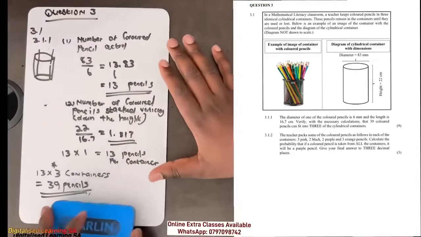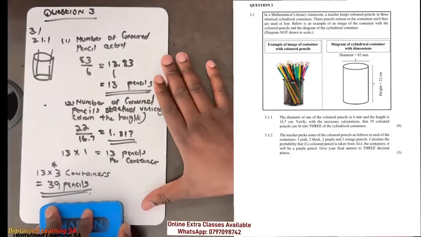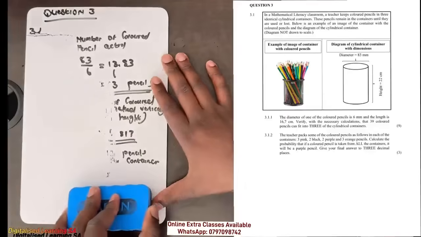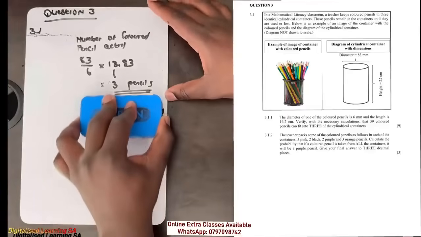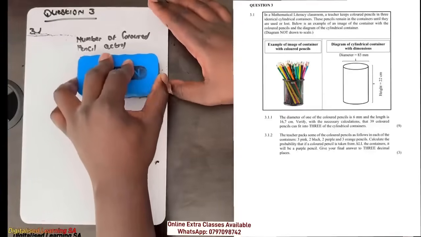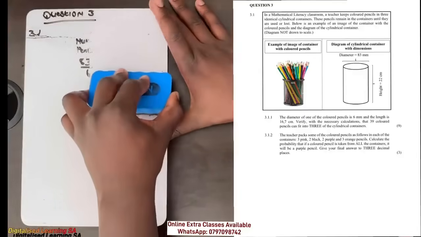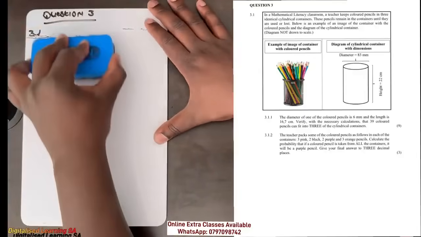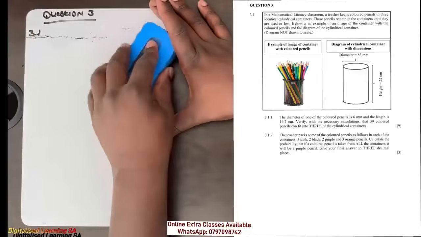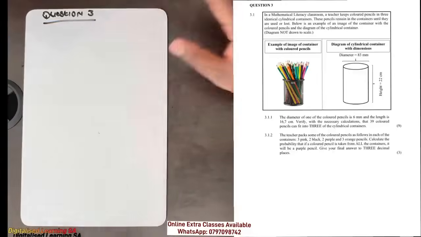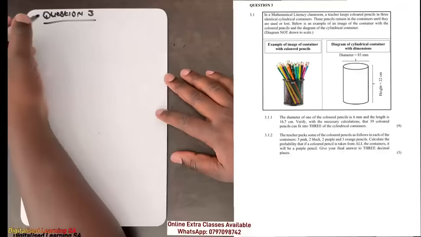I know that this can be a bit confusing, but you can always rewind, guys, so that you can understand and don't miss anything before moving to the next question. So you can pause the video and rewatch that part again so that you fully understand before moving to the next question. Okay, so now let's move to question